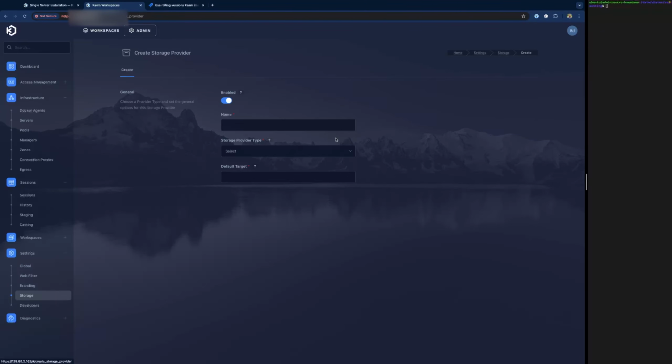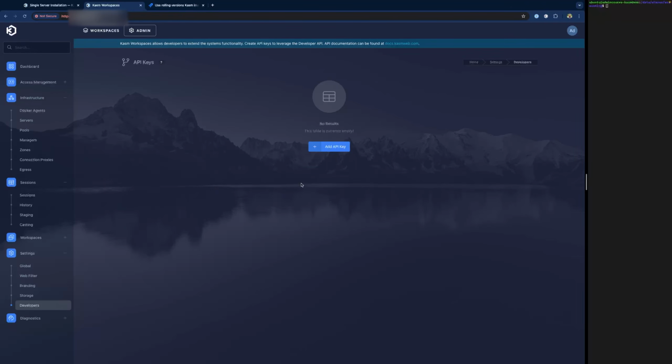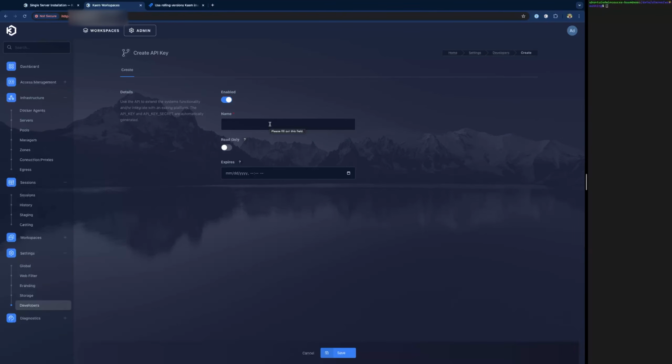Storage providers. Storage mappings allow you to create and attach custom and external Docker volumes to Chasm workspace containers. This feature can also be used to allow end users to map to popular cloud storage as part of their profile, so providers such as S3, Google Drive, OneDrive, Dropbox, and so on. Developers API. This allows you to directly interface with the Chasm platform without using the web UI. It provides the ability to create a very customized workspaces environment. More details can be found in our Developers API documentation around its usage.